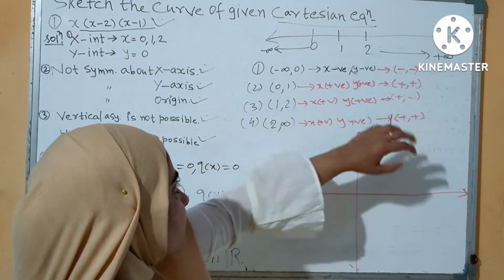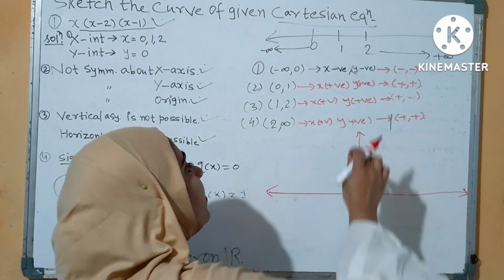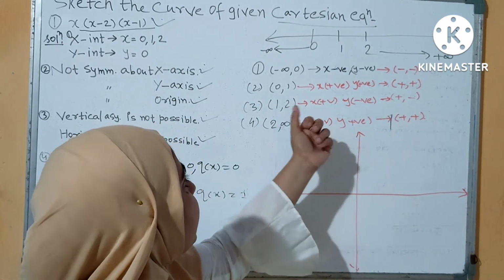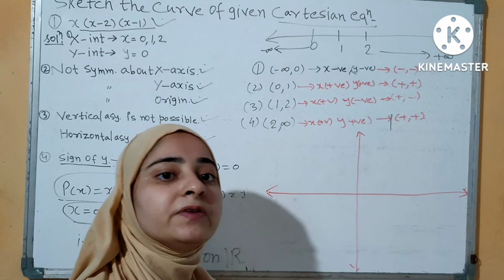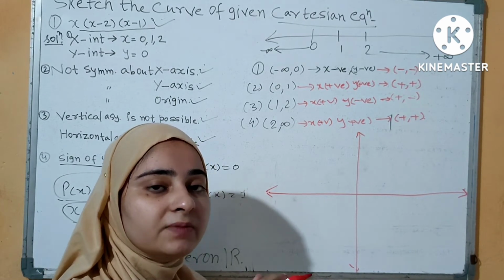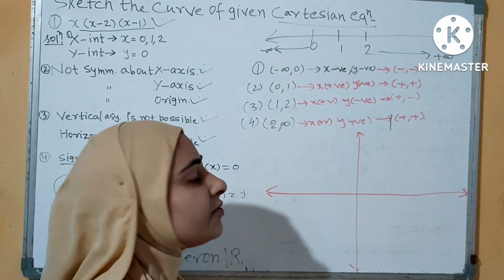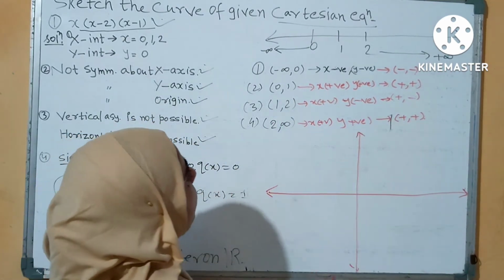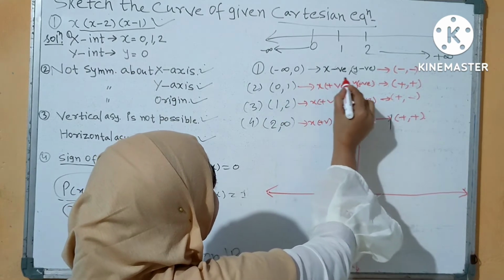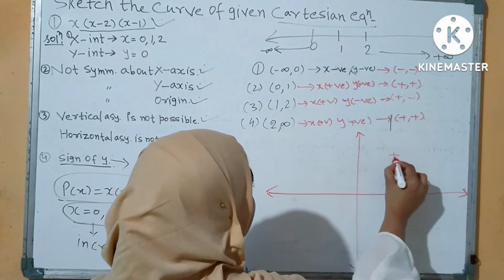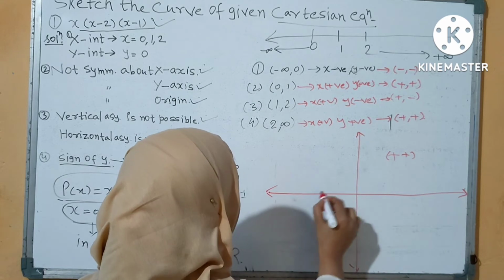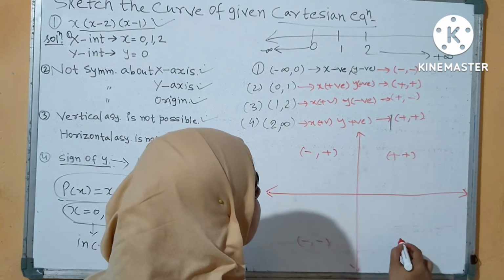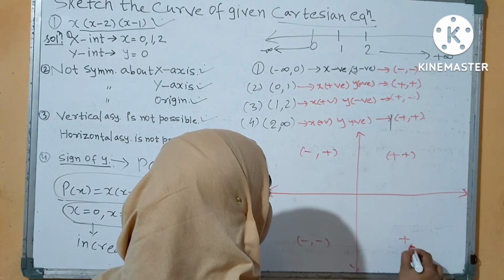Okay. Friends, here we have made a mistake, so y will be negative here. You just calculate it yourself, your y will be negative. For 1 and 2, you have to take an in-between value, the open interval 1 and 2. That means you can consider 1.5 and you can get the answer, it will be negative. So now, for the quadrants, this is plus plus, this is minus plus, this is minus minus, and this is plus minus.